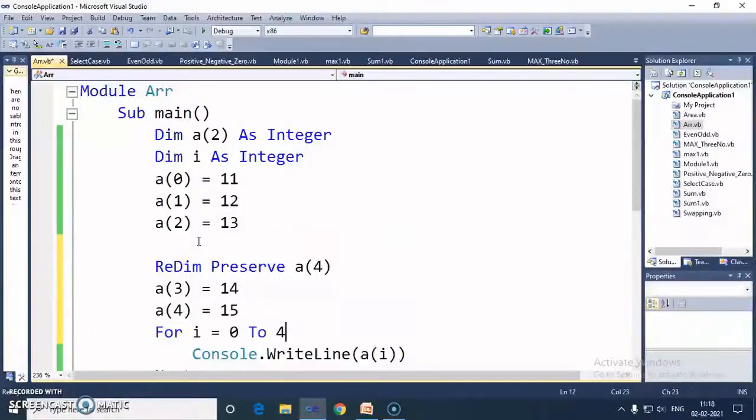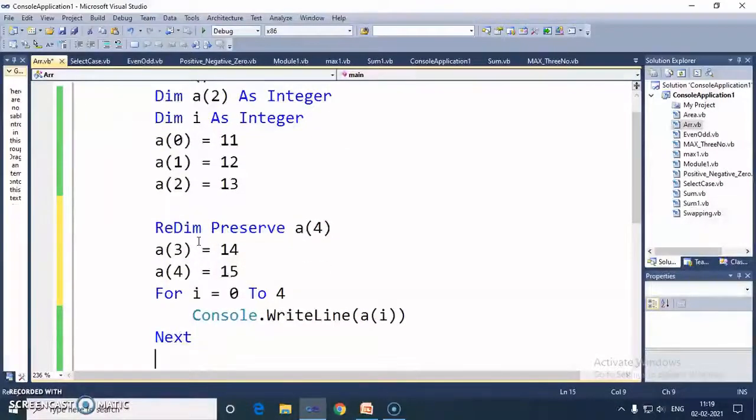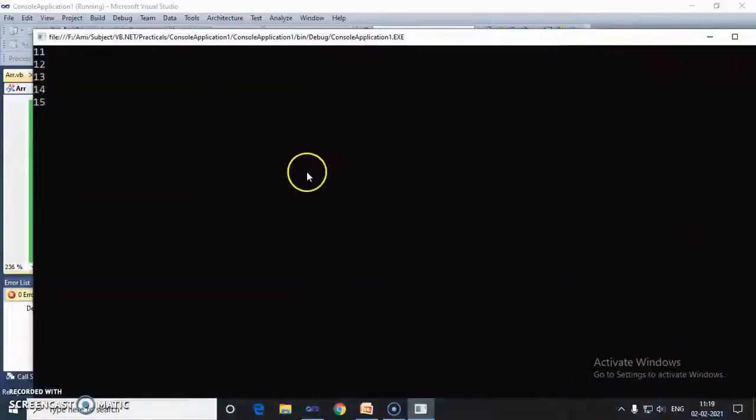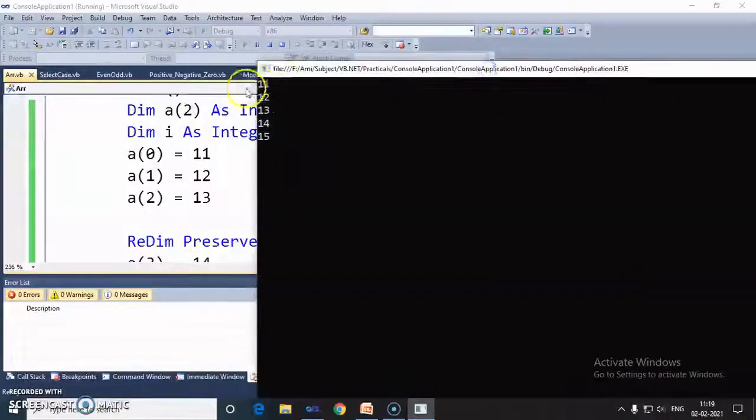So here I write 0 to 4 because I want to continue to print the array elements for 5 elements, so index 4. So I have to write 0 to 4. Now run the practical. So this gives the values 11, 12, 13, 14, 15.